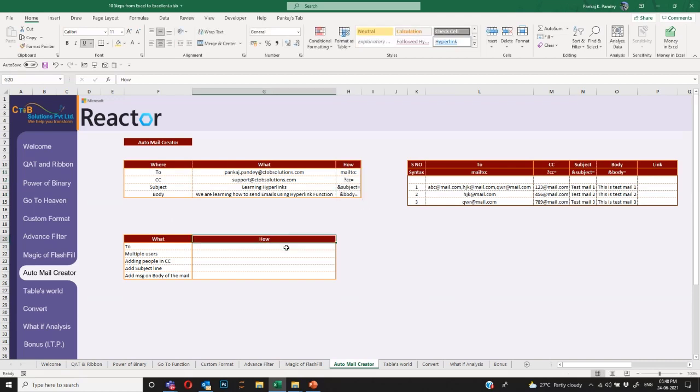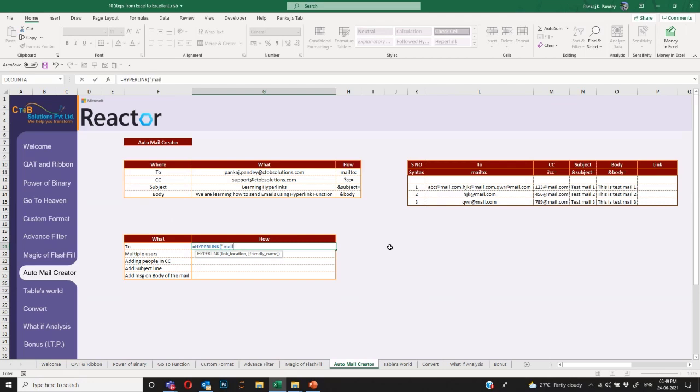Whenever I type any email ID, let me type an email ID here. Automatically it turned into an email link, and if you see this message here, mailto:pankaj@gmail.com. This is the syntax. There are specific syntaxes for all these things, and I will show you how you can create a one-click email generator using them. HYPERLINK is an Excel formula which allows you to put a link with a friendly name, and when you click on that, it will redirect to those links.